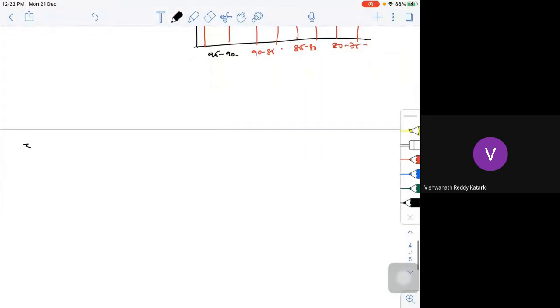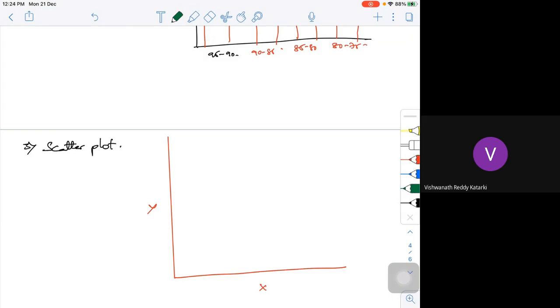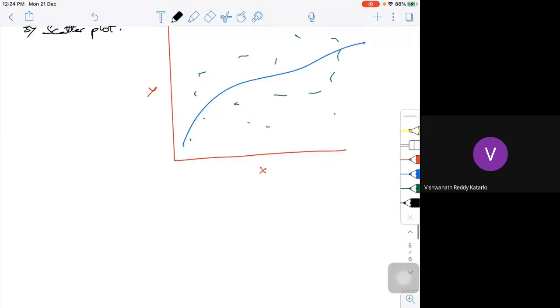The third type of chart we look at is the scatter plot. What is this simple scatter plot? I have data something like this, your XY data, and all your data is scattered. We try to put the best possible fit for this kind of thing. It is something like an XY plot. A scatter plot is nothing but a simple XY plot. Are you getting it? So this is one more plot.